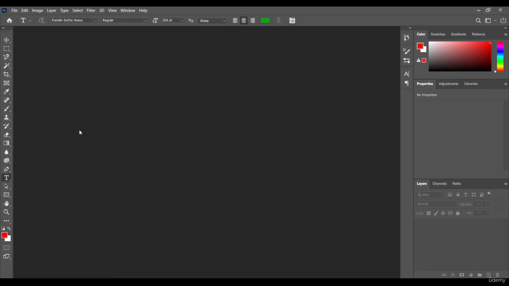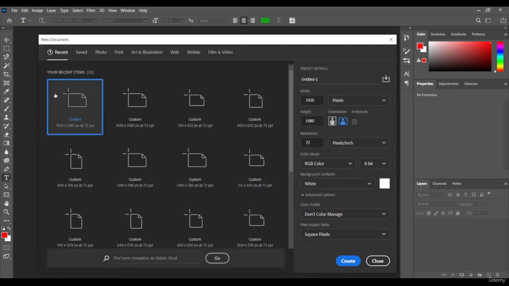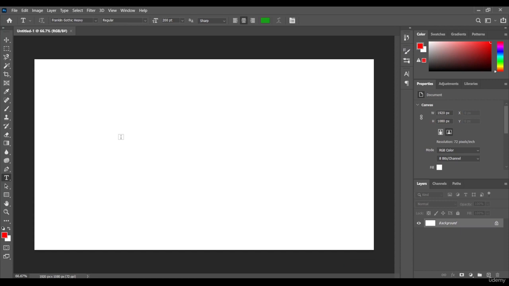So what do I have to do? I have to create a new document first, and you know how to do that because it's really very easy. You have to go to the file menu, new option, and I'm picking my default size, that is 1080 pixel. You just have to select it and then go for the create option. Okay, this is our